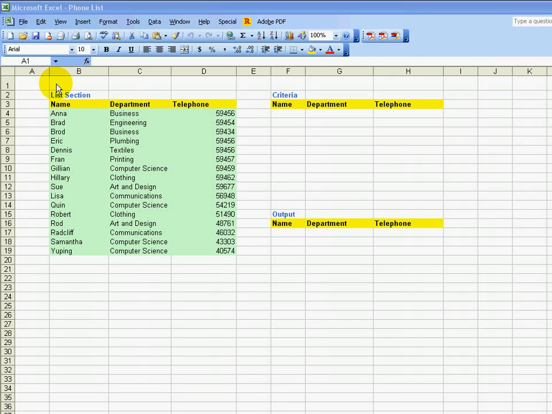Welcome to another podcast. This is showing you how to use Excel to be able to operate as a database. Suppose I have a list of names that I'm wanting to be able to extract data from. So using my example here, let's get into it straight away and I'll show you how you can make Excel